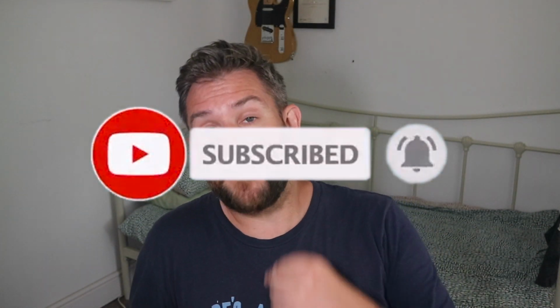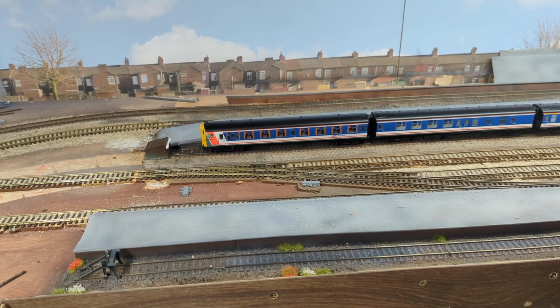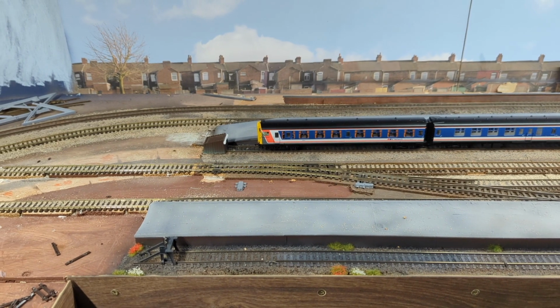Today we're going to be talking about the loft layout, and what's been going on with it since the May update. If you haven't already watched the May update, you can view it somewhere up here, and basically in that update I talk about how I'm going to be taking out some of the curves at the main ends of the layout. So if we start playing some of the videos, what I've actually done, as the last video dictated,